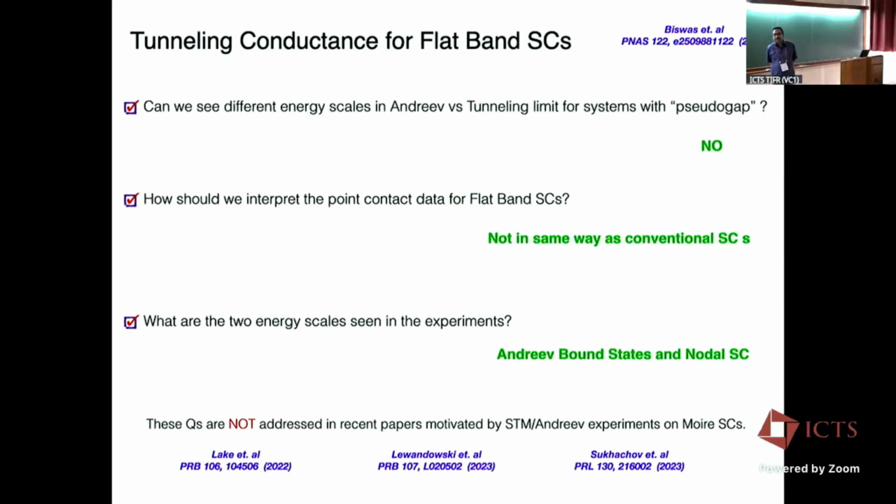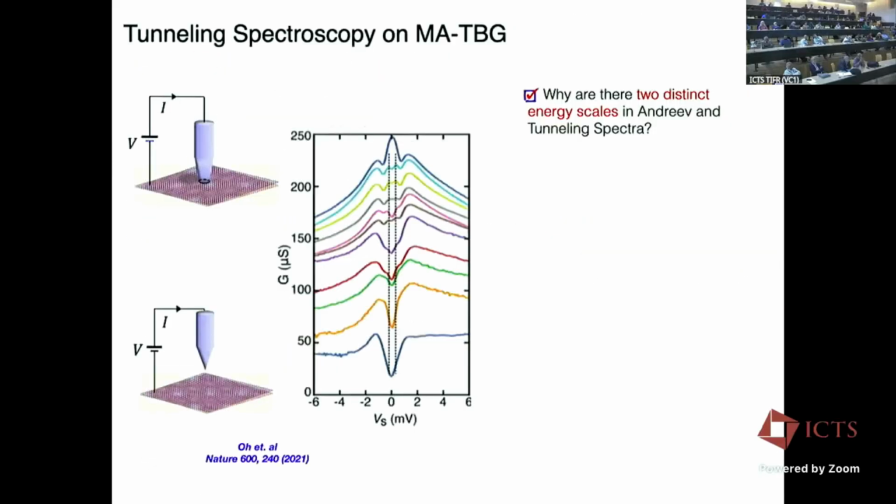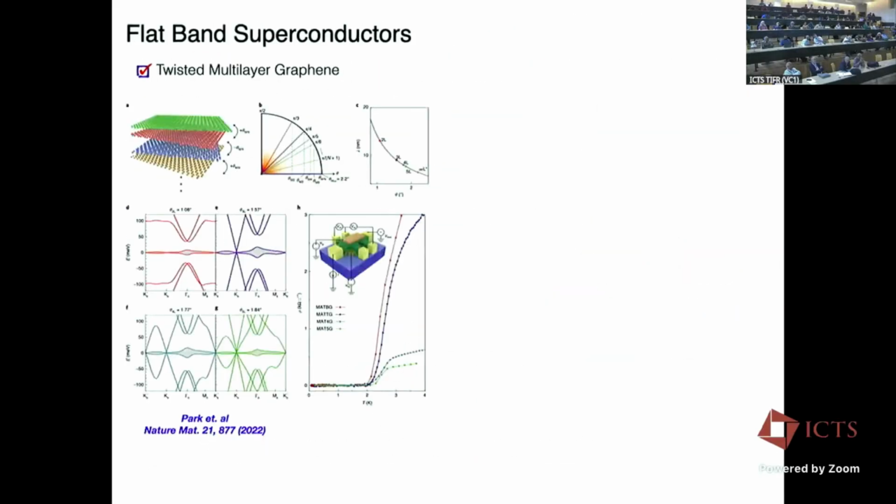Rajdeep, I have just a question about your bilayer versus multilayer graphene. Is there a difference in their superconducting properties? They also show superconductivity, but is there a difference? Because other than the flat band, I think there are many bands in the neighborhood, which are different between bilayer and multilayer.